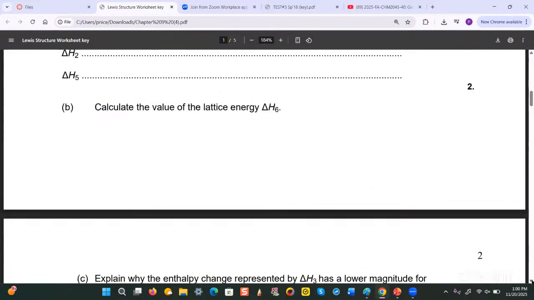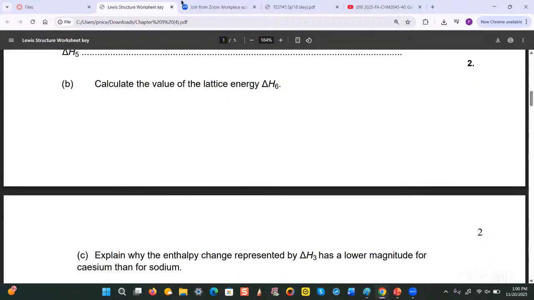So the answer to this question is, write it down here. The cesium atom is larger because the core electrons